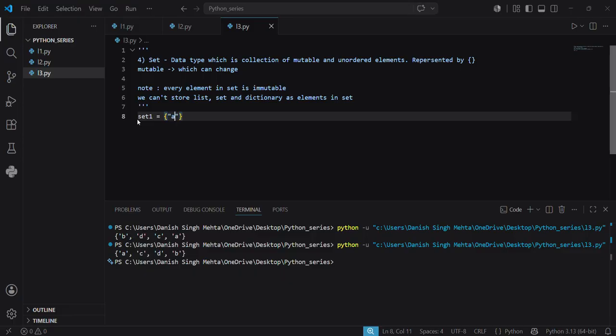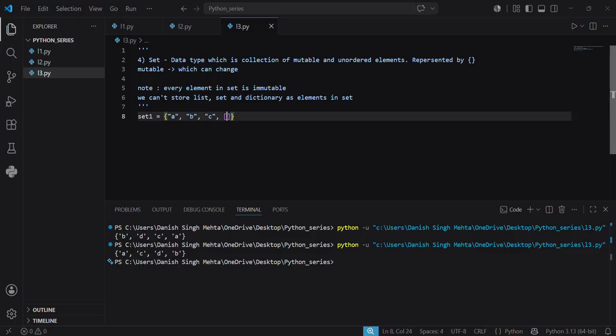Before, I created a set which is A, B, C. Set is mutable. We can remove A, we can again add the A, we can replace A. So the set is mutable. Yes, this is true. But